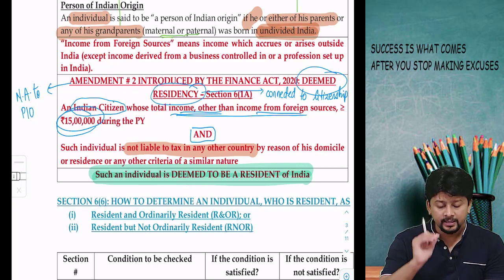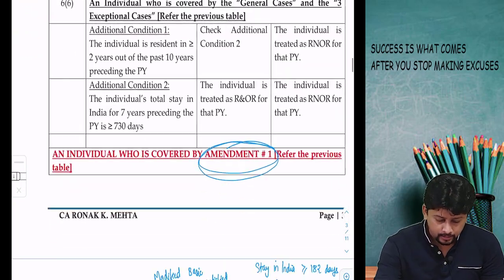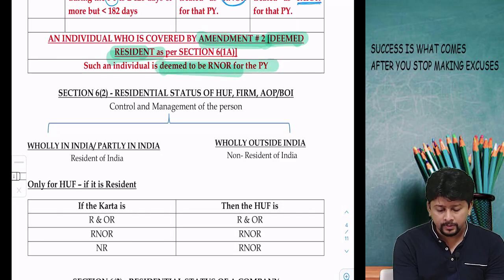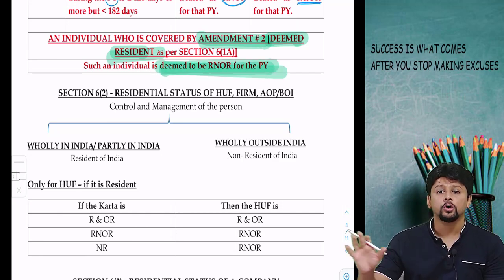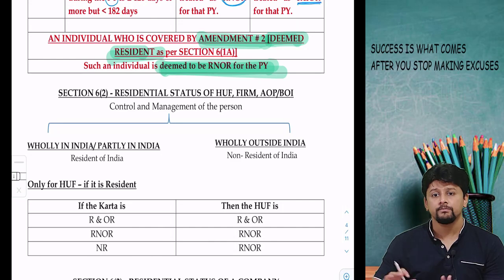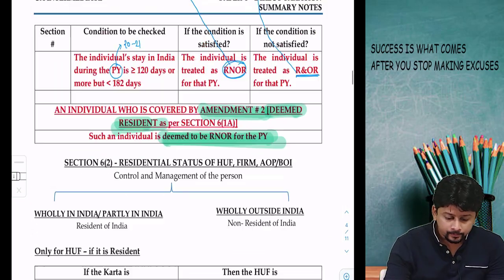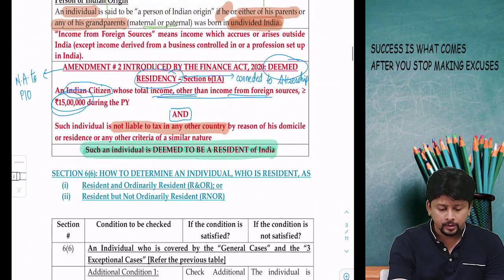And related to amendment number 2, the fourth amendment that is covered is that if you are covered by amendment number 2 and you are a deemed resident, then you are deemed to be resident but not ordinarily resident. So, 4 amendments,